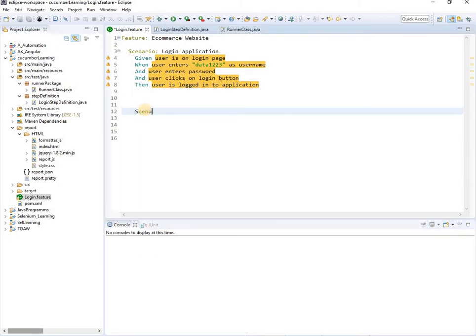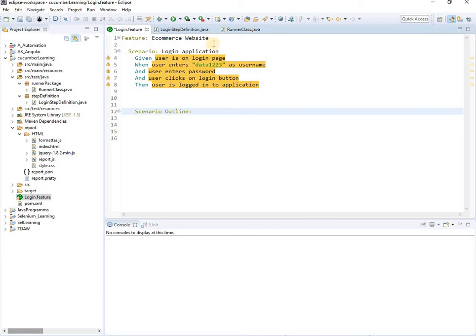The other way is using the scenario outline. What is a scenario outline? It is a very important topic. Usually it is asked what the difference is between scenario and scenario outline, which we are going to learn today. Make sure you write in this format only: Scenario Outline, capital S capital O, colon. A scenario outline also behaves like a scenario, but it has a keyword named Examples. In the Examples keyword, we have multiple sets of data that can be used. So when you want to use data through the Examples keyword, you have to use a scenario outline.